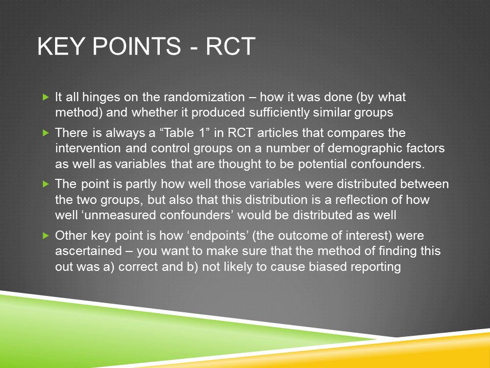The other key thing about an RCT is how the endpoints, or the outcome of interest, were ascertained. You want to make sure that this method was correct and not likely to cause biased reporting. So when you think about the simvastatin and MI study, how was it ascertained whether someone had an MI or not? Did they ask the person? Did they go through their medical record? When they went in their medical record, how did they tell whether they had an MI? Did they use EKG data? Did they use lab data? Did they use data from cardiac catheterizations? You can tell there's lots of potentially different ways to do this, and there may not be 100% overlap between